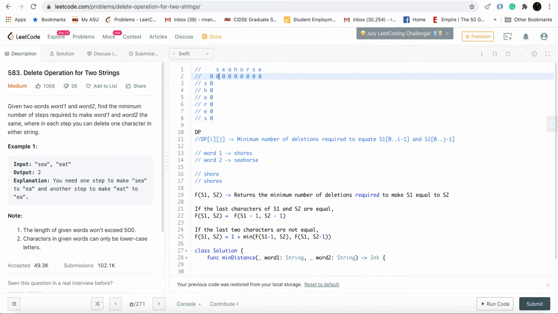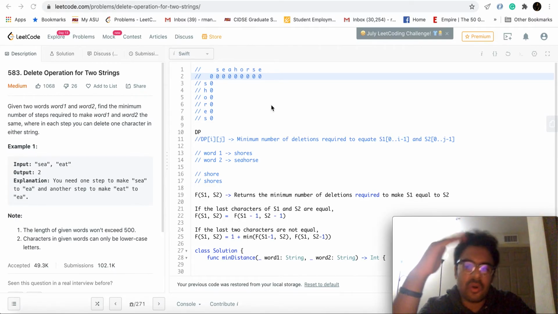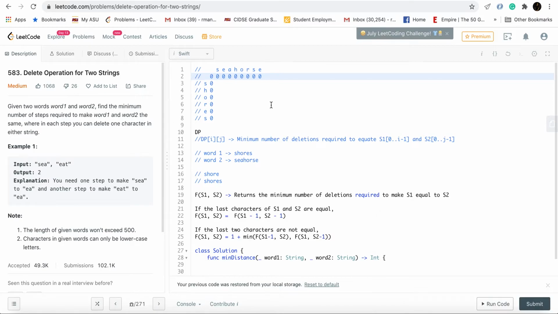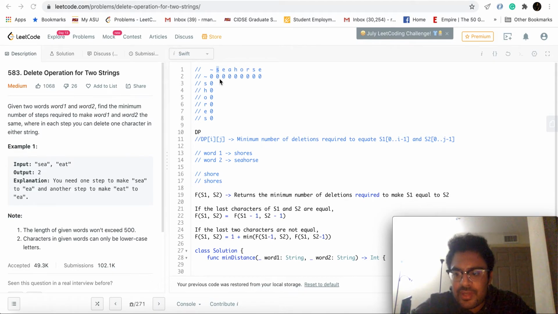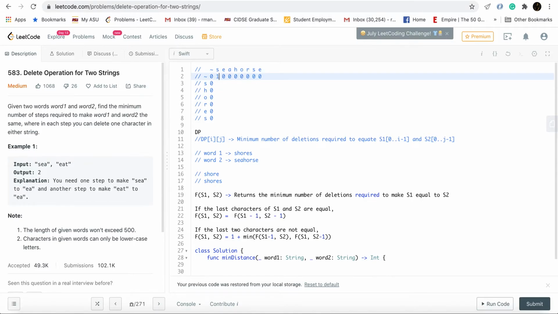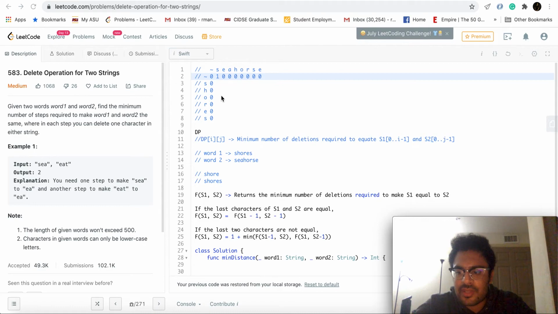Okay, so we are going to fill from left to right, and we're going to fill all the rows from top to bottom. Now, how many deletions does this represent for the empty string? Let me represent this by tilde. This also represents an empty string. Now if you have one s, how many deletions would you need to make it equal to an empty string? That is what this row represents, the entries in this row. You'll need to make one deletion, right? You just have to delete s and it becomes equal to the empty string.